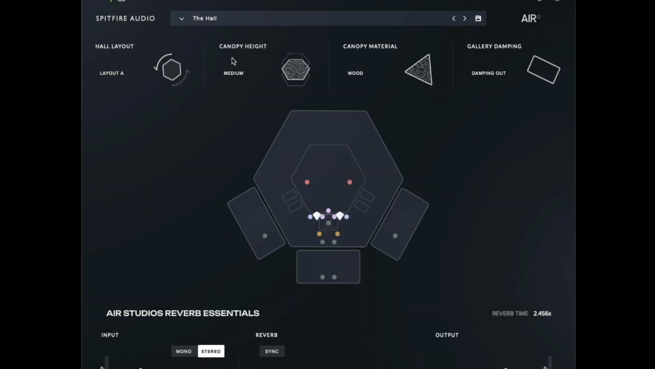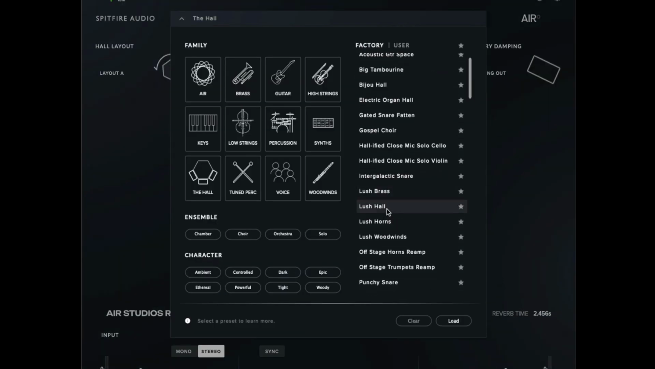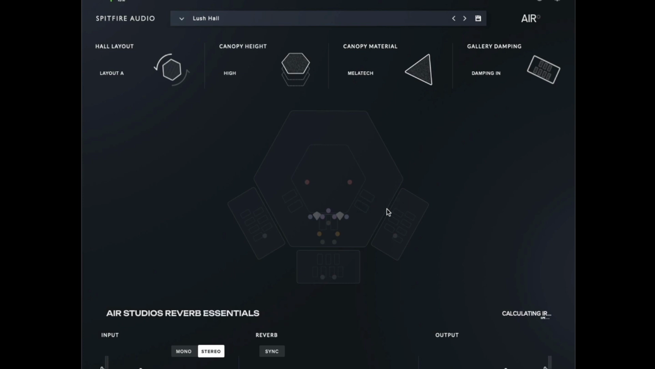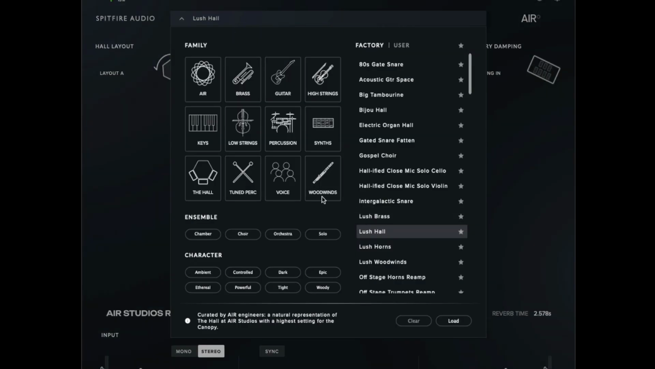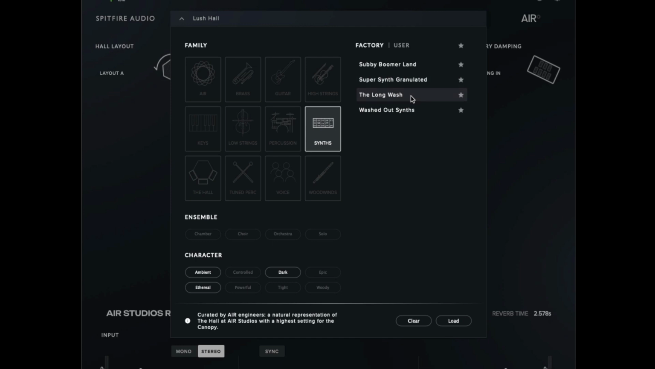One of the fundamental differences in the Air Studios Reverb versus the Essentials version is the fact that you have no control over any of the hall configurations or the microphones that are enabled in that preset. So what you'll notice is when I change the preset to, say, Lush Hall, compared to something that's more like the washed out synths,